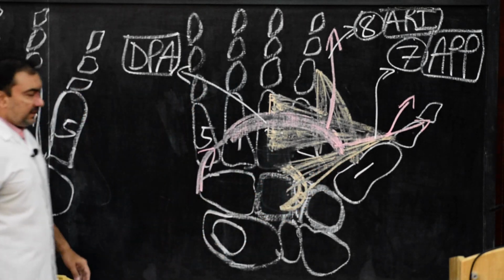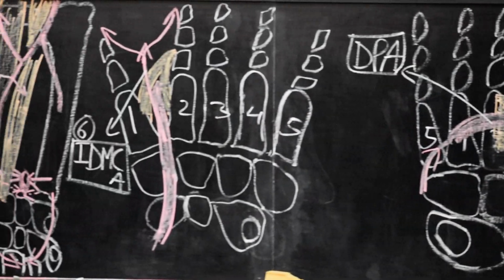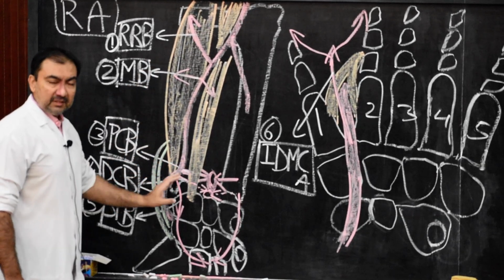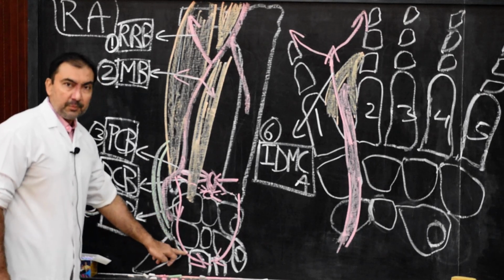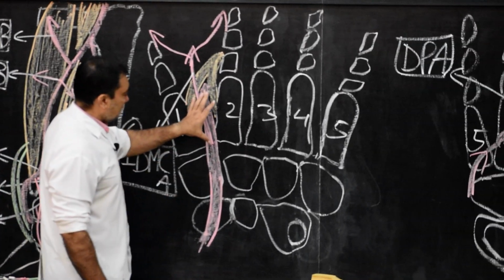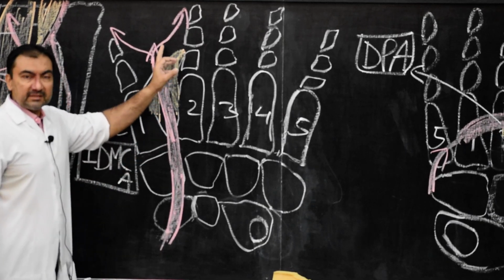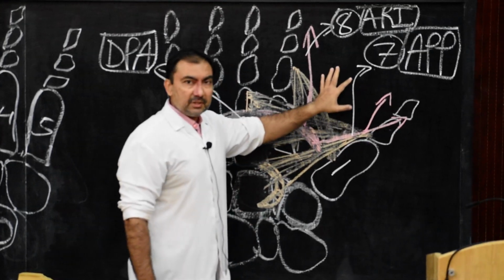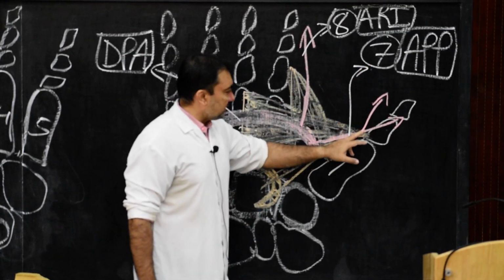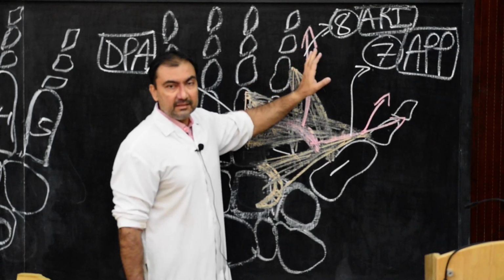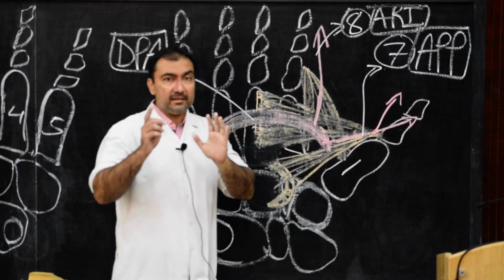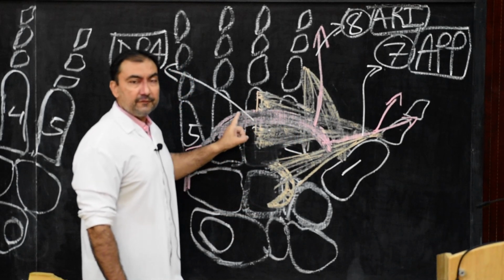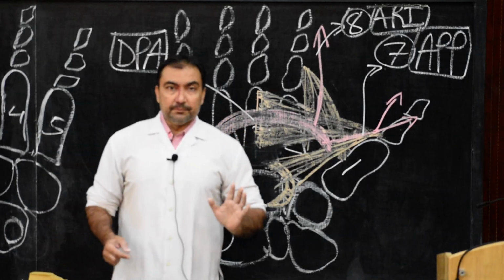Once again, please come on this side. These are the branches which we have discussed: the radial recurrent branch, muscular branches, then the palmar carpal branch, dorsal carpal branch, then the superficial palmar branch. Then here on the dorsum, it will give the first dorsal metacarpal artery. And the last two terminal branches in the palm are the arteria princeps pollicis and the arteria radialis indicis artery. Here we complete the entire radial artery. Remember, in MCQ it is also asked that the radial artery will terminate as the continuation of the deep palmar arch in the palm. Thank you very much.